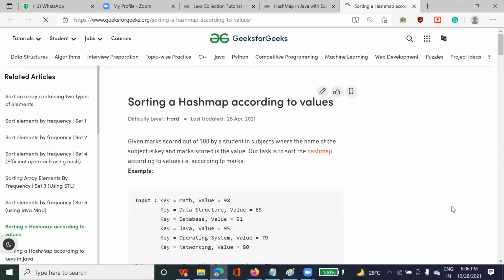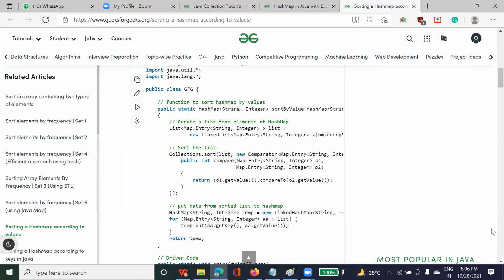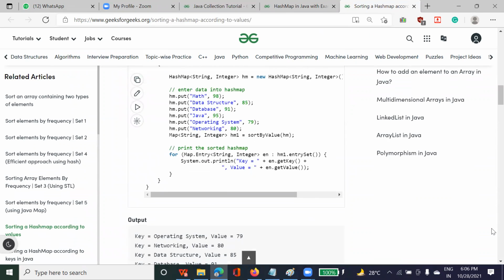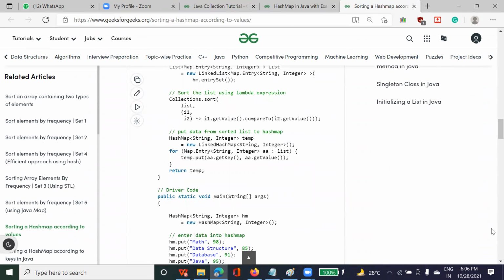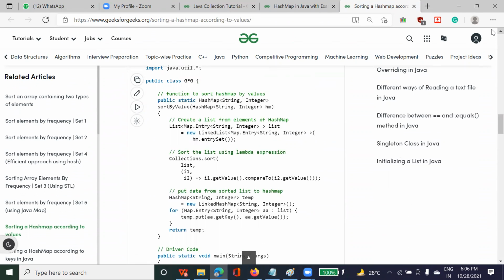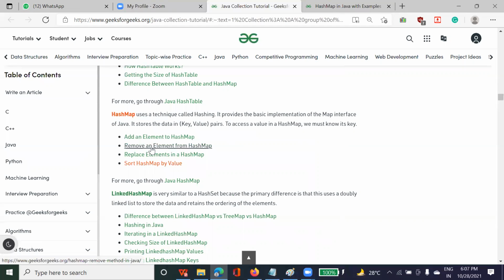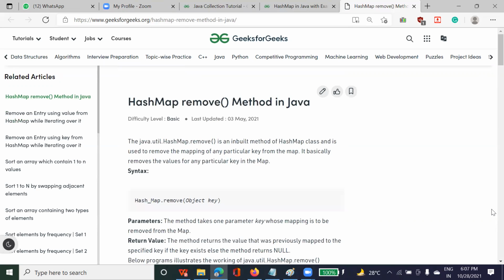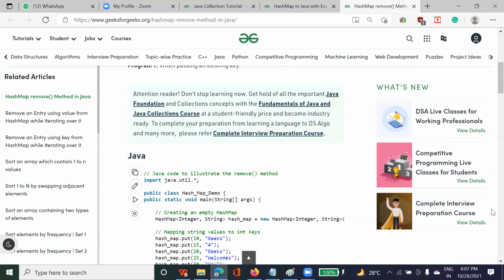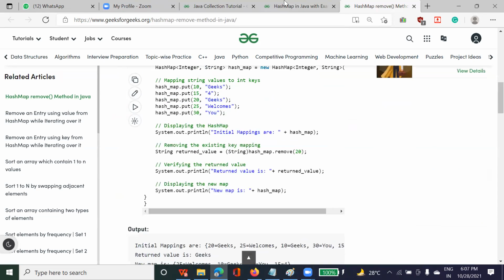Let me show you. So you can see here the list. Okay, this will be a little confusing for you. I am going to show you some easy examples on sorting. You can just see how to remove an element. For sorting, I will explain in an upcoming class, because the program they have written is very complex.